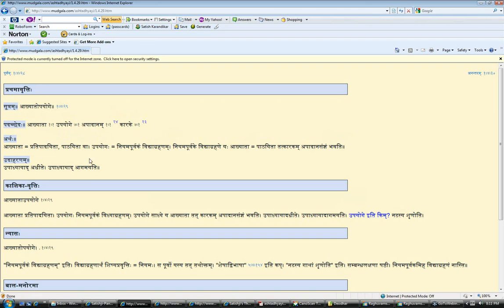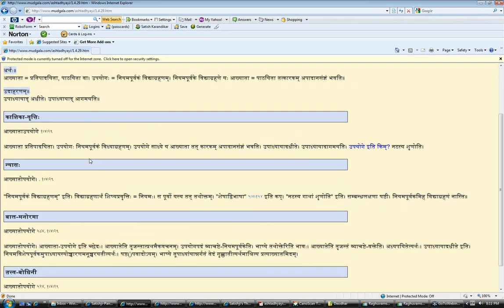And what does the vritti say? This sutram is not in Laghu Siddhanta Kaumudi. As I mentioned to you a few times, Laghu Siddhanta Kaumudi is really laghu when it comes to this Karaka Prakaranam. Unfortunately, it doesn't go in much detail, which is a shortcoming. But anyway, we have to go to the Kashika.